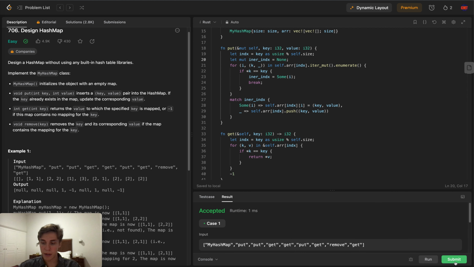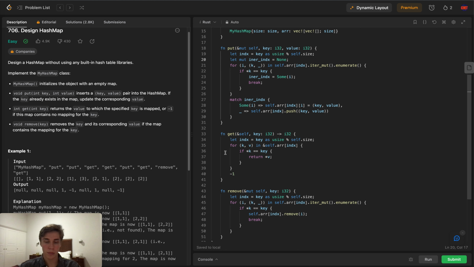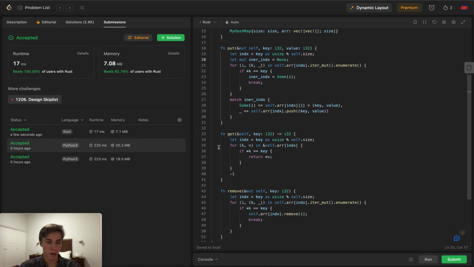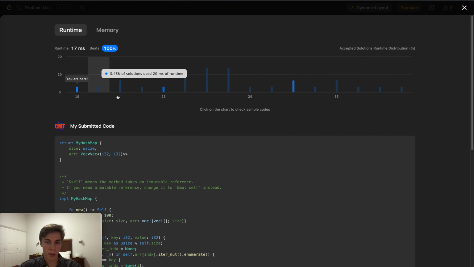Awesome. And in the real world, a type checker would easily catch these mistakes, but we're not there yet, so this is what we have to deal with. And perfect, we beat almost 100%